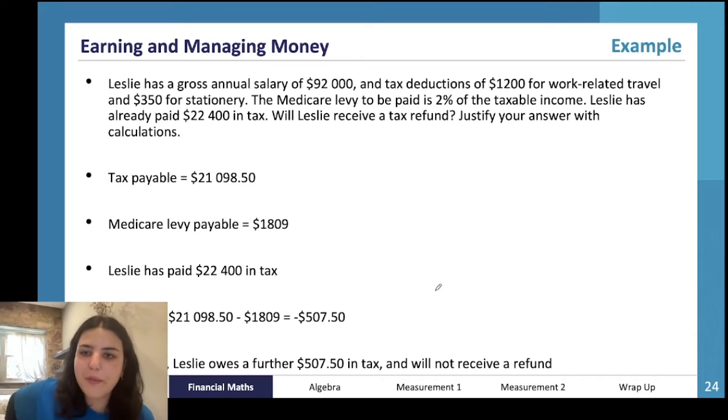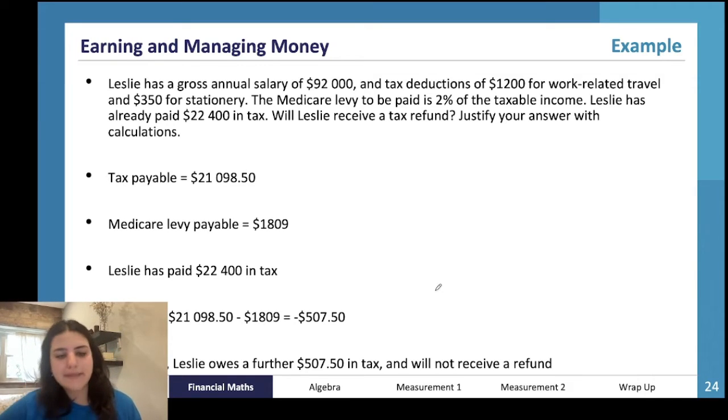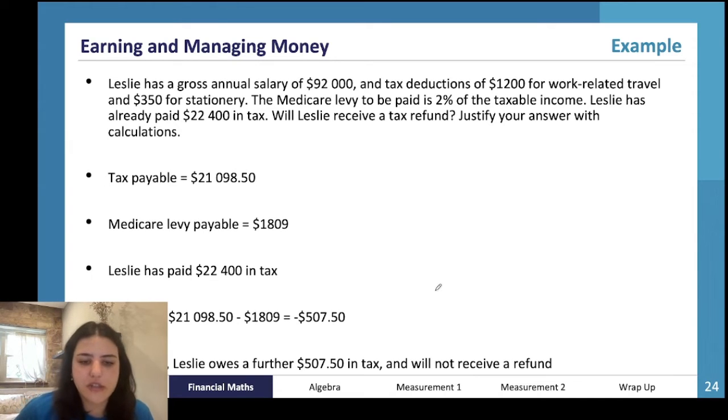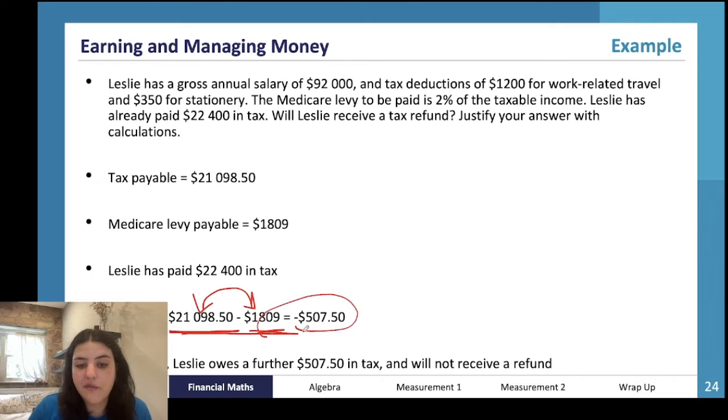$21,098.50. So let's go back through our question. The tax payable we've just worked out is $21,098.50. We've got a Medicare levy of $1,809, and we know Leslie has paid $22,400. So we know that she's paid $22,400. She actually owed $21,098.50 and 1809. So if we subtract both of these from what she's already paid, we actually end up with negative